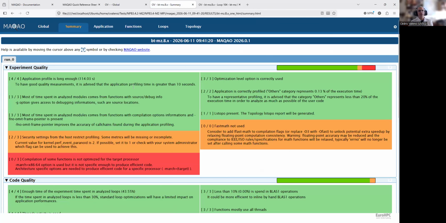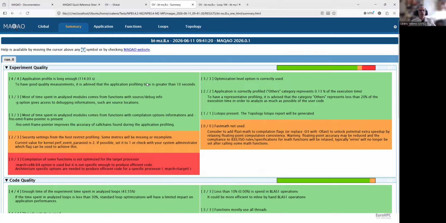So next, I will switch to the summary tab. The idea of this summary is to provide once again some human readable information on the application and on the specific experiment we run. Here in this tab, we're providing an assessment of the quality of the experiment itself, because we may simply detect that there is some issue in the way the experiment was launched, and we can say right away, okay, we do another experiment because something is wrong, and you will not have any useful information from this